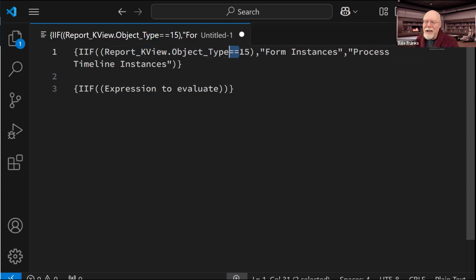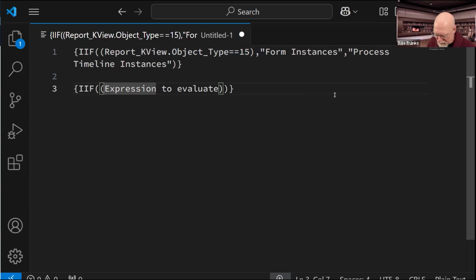That's what equals means in basically C# or any C-based language. So our expression is going to return true or false. So I need to have a true or false expression to evaluate. In this case, look at the report kview data, look at the object type field for this row. Is it 15? If it does equal 15, then this expression returns true.